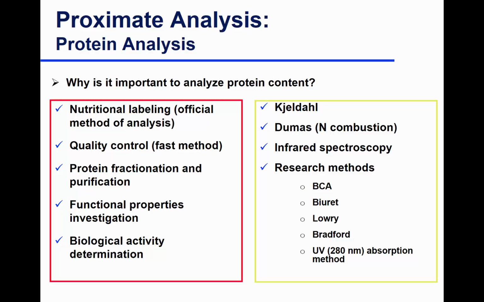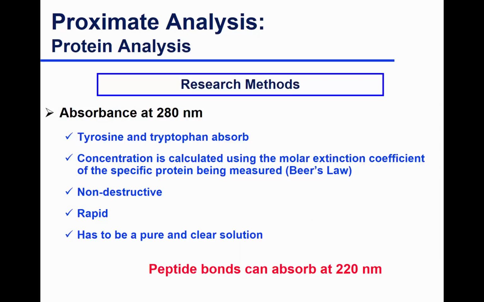So if you look at this chart, we've gone through everything now except the UV at 280 nanometer absorption method. So what we have here is, as we talked about, your aromatic amino acids can actually absorb at 280 nanometers. So tyrosine and tryptophan, and then phenylalanine also can absorb. So this idea is that sometimes what we would use this, for example, is if we're measuring at a different absorbance. For example, maybe we're measuring at